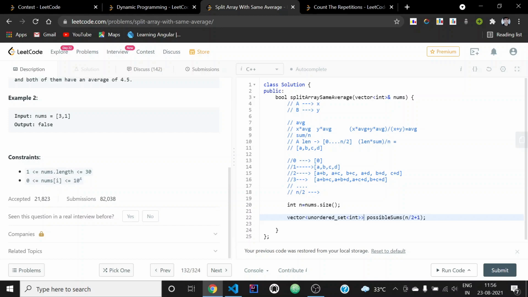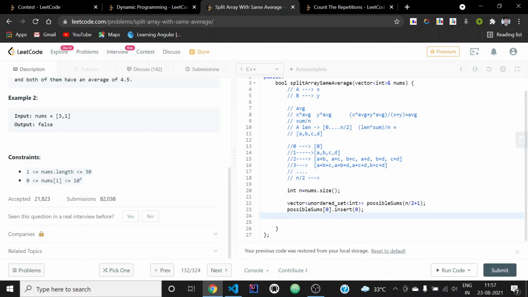First of all, I will be pushing back 0, since it is a set, we will be using the set function to initialize it with 0. Now we have to do this whole process for every element of the array, so I will be using an enhanced for loop.